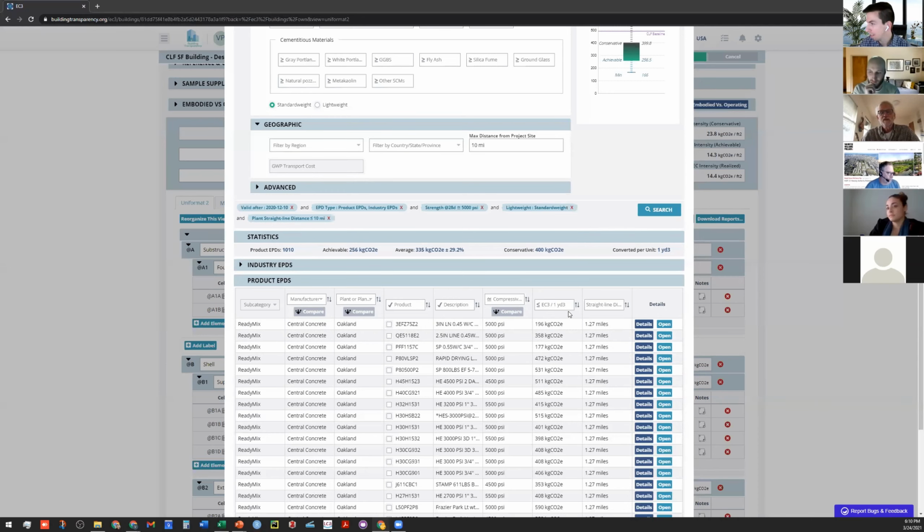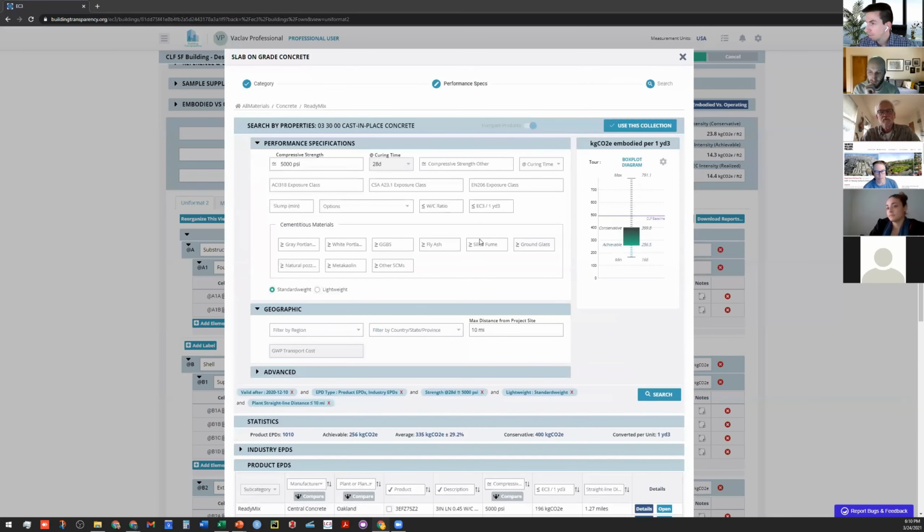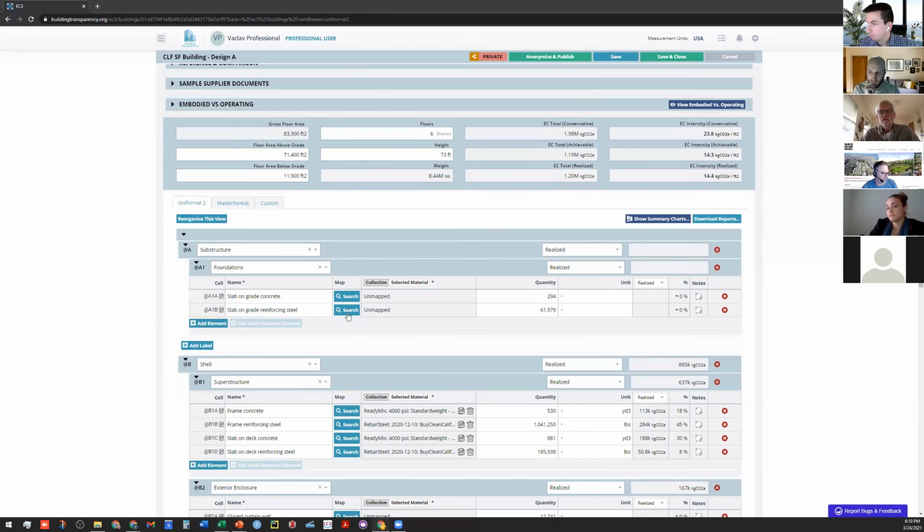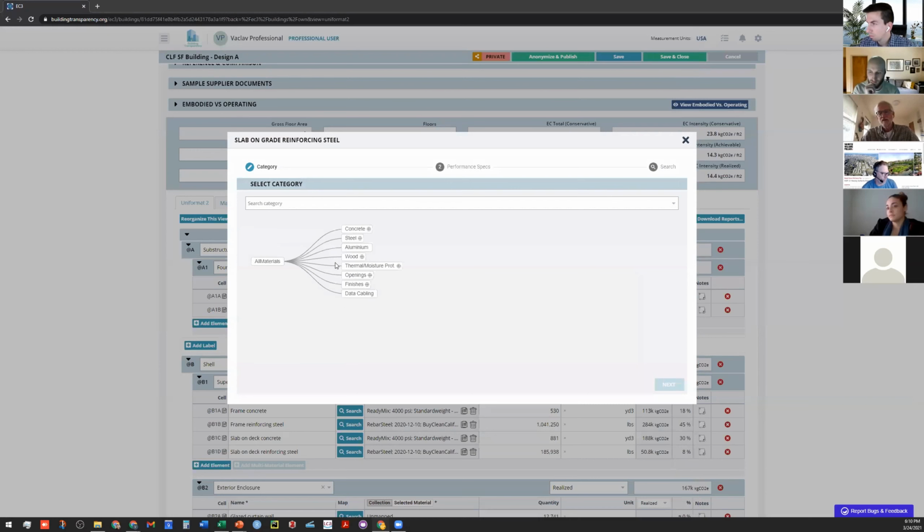If you're picking something like steel, which is available all over, and you want to pick a really low carbon steel, maybe from Washington, does this calculate the embodied carbon taking into account how far it is from your site? Is that part of the calculation, or is it just the manufacturer of the material?